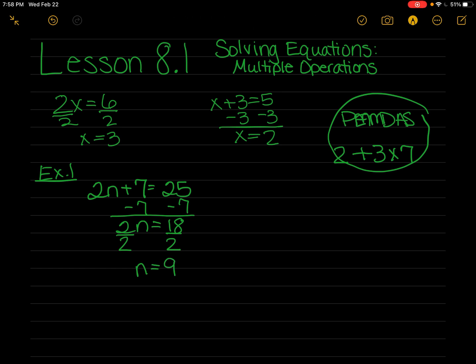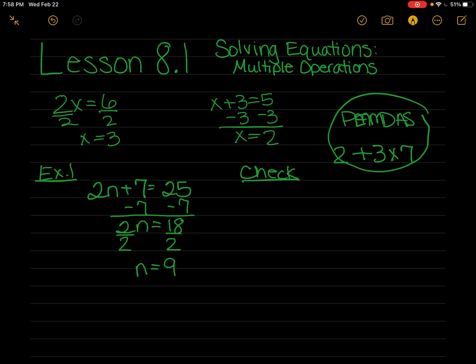So you have to go in that order. We can't go and divide by 2 first, because it will mess up the problem. And so instead of dividing or multiplying first, we're going to add or subtract first. Okay, and then we can check this problem